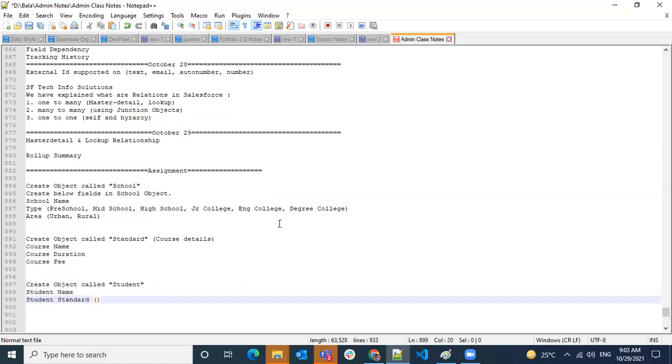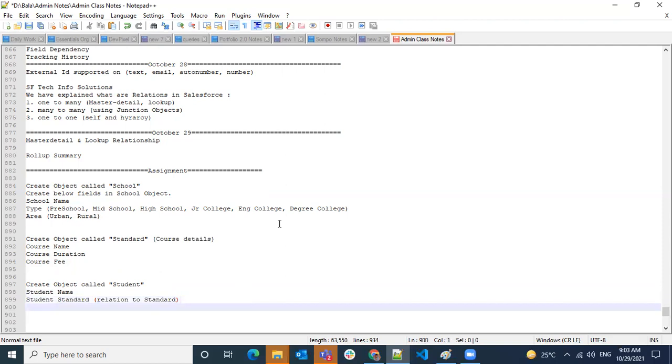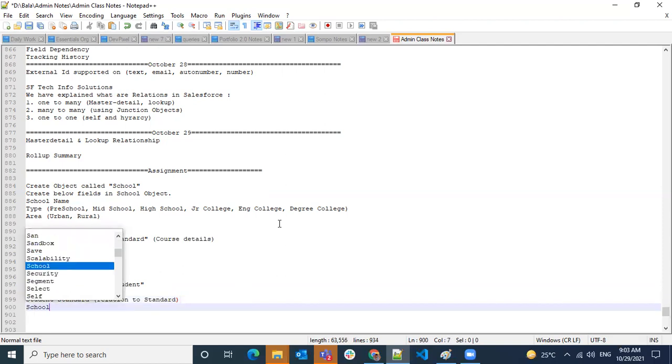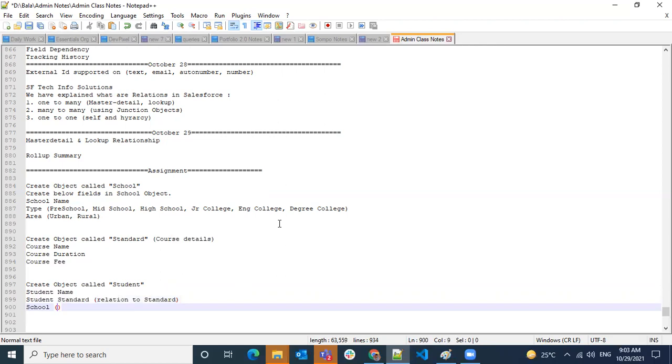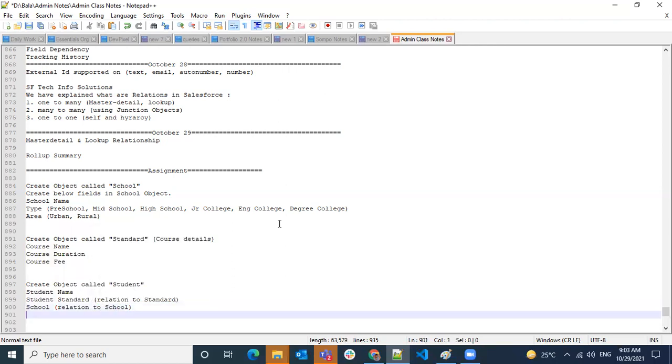Standard means it should be a relation to standard. And school, so I'm not mentioning what the relation should be. You have to decide which relation you want to give. Relation to school.